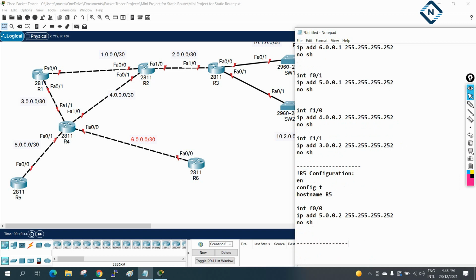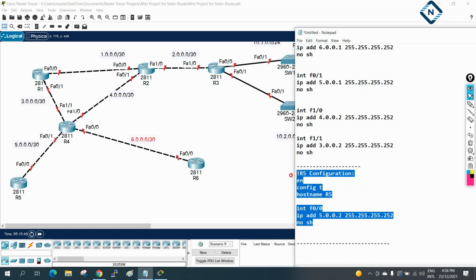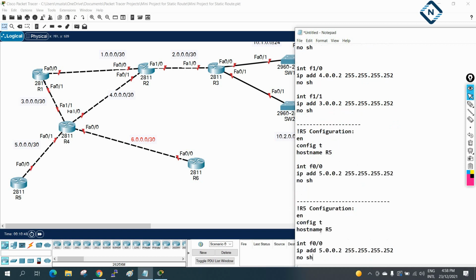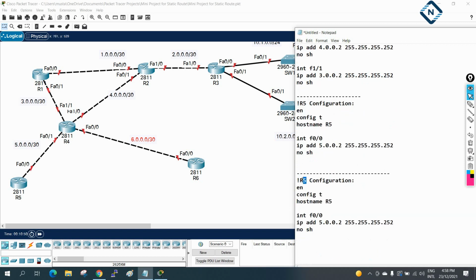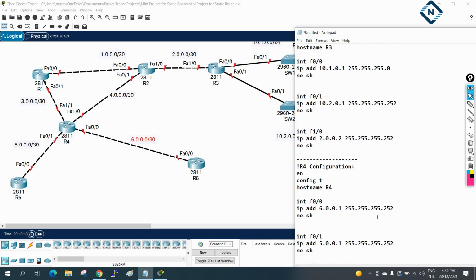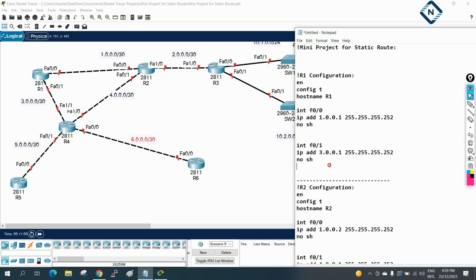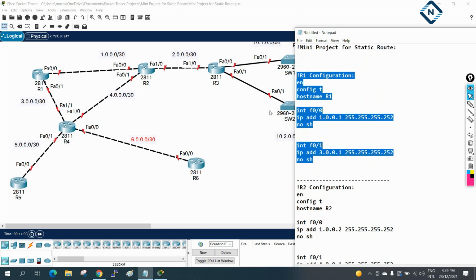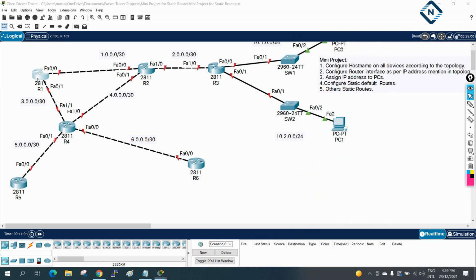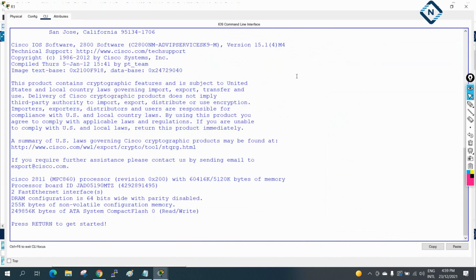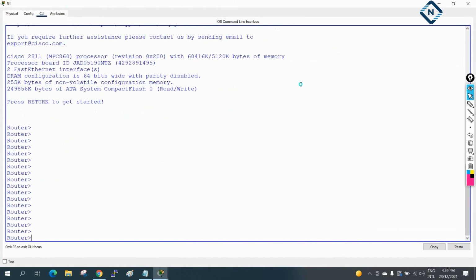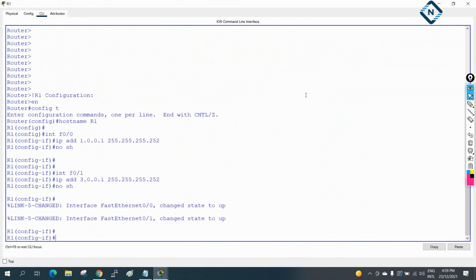Now we can do for the R6. So R6 configuration remains same, only we will modify some changes here, this one here, and this will be 6. All other thing remains same because this also /30. So this is the IP address, just we assign the IP address. So let me paste the IP address one by one and let's see what error we are getting, any error or any issue. So now I will paste here. If you see everything is good, no issue, no error.